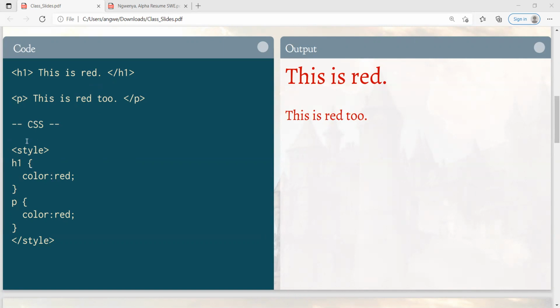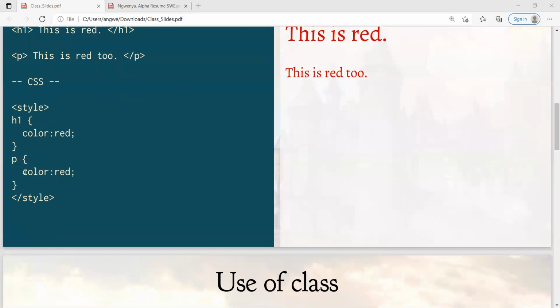Then in our CSS, which is for styling, you basically say the color in H1 is going to be red. And for P, which means this P right here, the one I'm highlighting right now, the paragraph, we say, hey, the color of the elements inside the paragraph are going to be